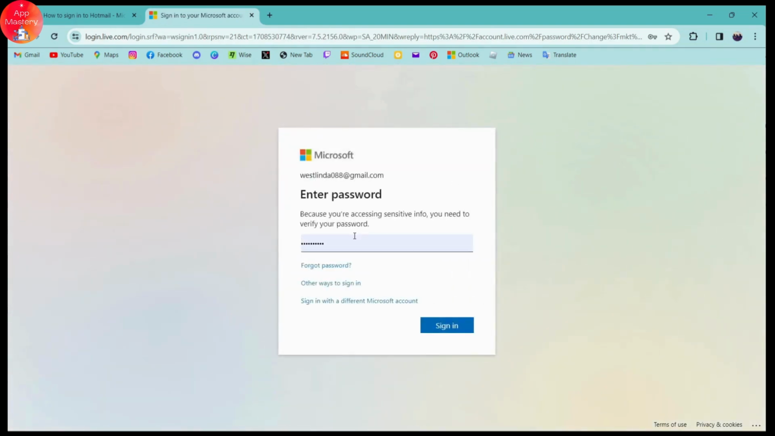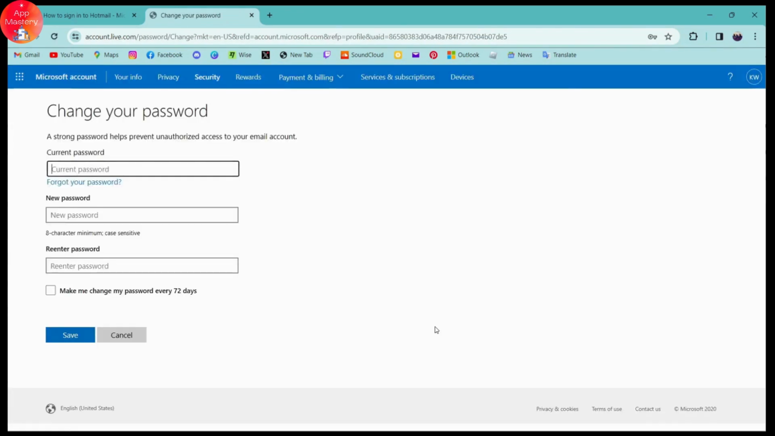and here you need to enter your current password to proceed. So simply enter your current password, but if you don't remember your password, then you can go for forgot password so that you can reset or you can recover your account or your password. So by that process also you can change your password. But if you remember your password, then enter it and then click on sign in, and from here you can